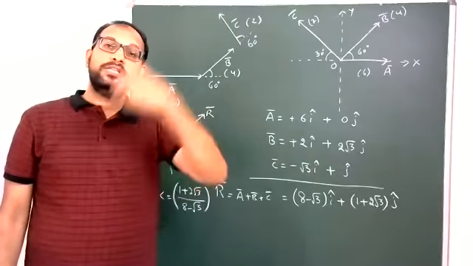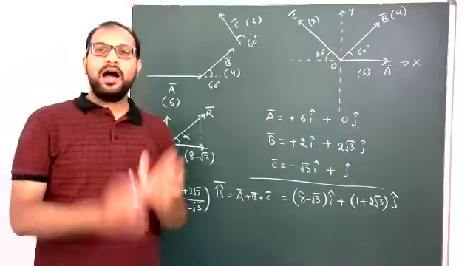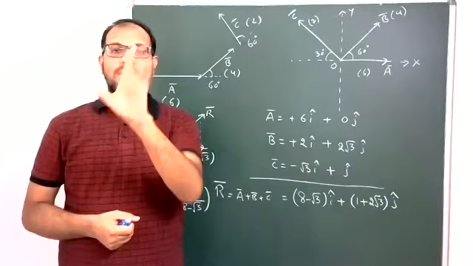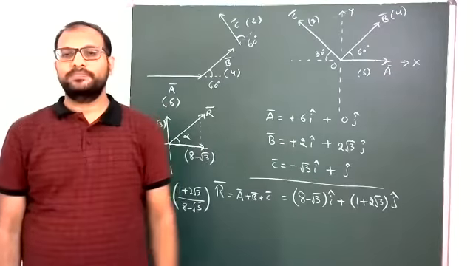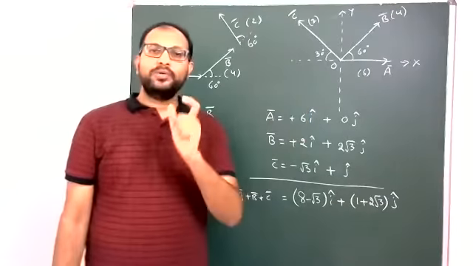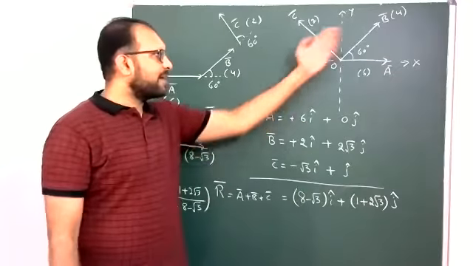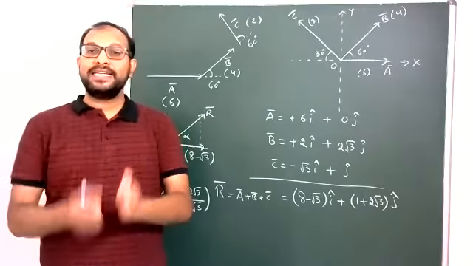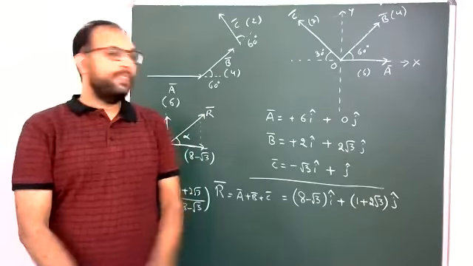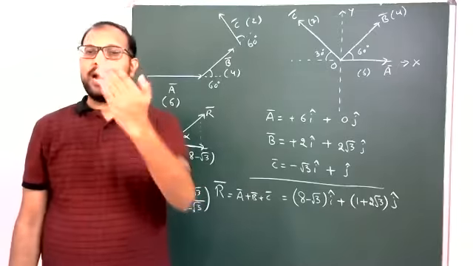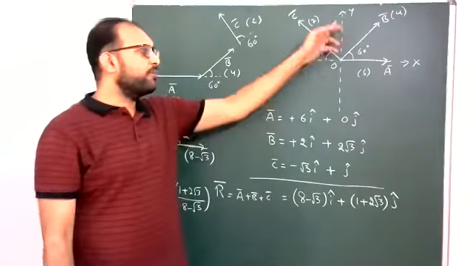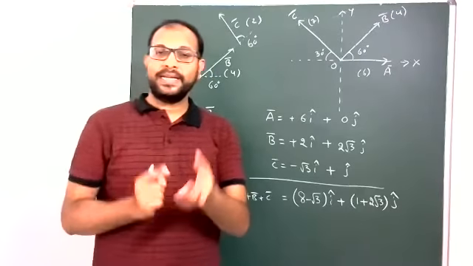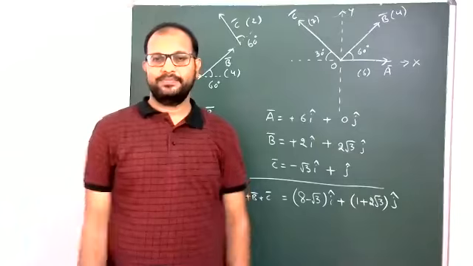You can find the resultant of more than 3, 4, 5, anything, just like this. Draw all vectors like this, but all vectors should be in the xy plane only. Otherwise, a z component will also come. That's why only two dimensions, only vectors in the xy plane. These vectors are known as coplanar vectors, meaning present in a single plane, the xy plane. Suppose any z component is there, then x, y, z you also need to consider. That is a similar method. Resolution in 3 dimensions was also completed: cos alpha, cos beta, cos gamma yesterday.